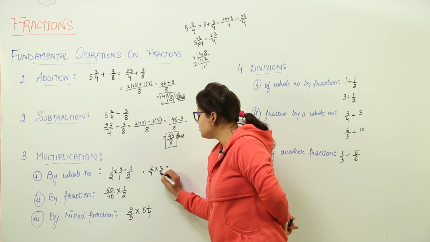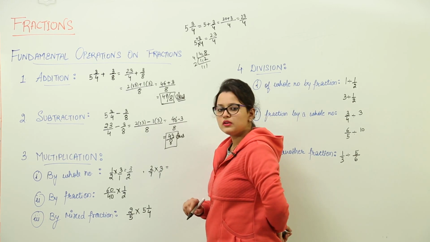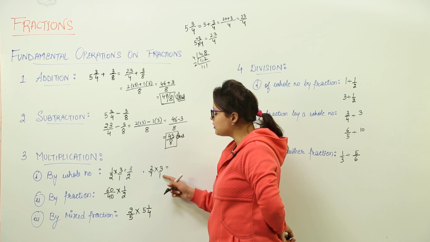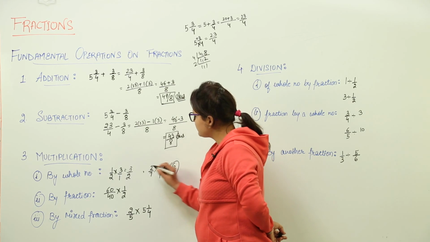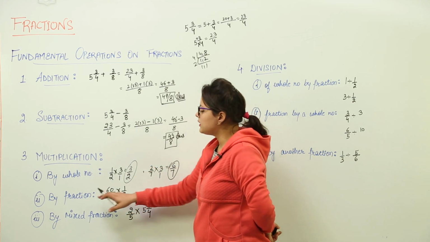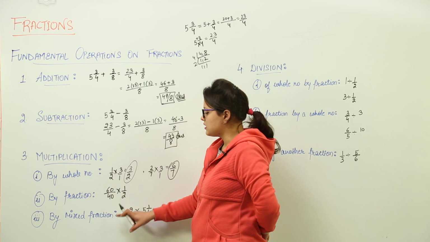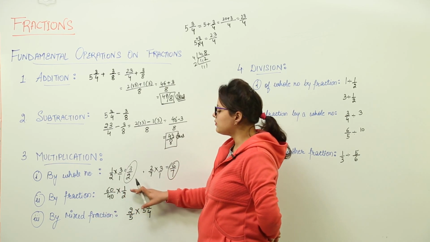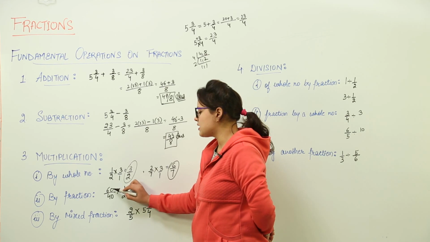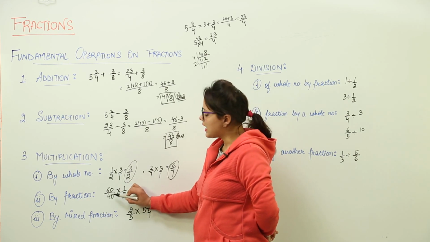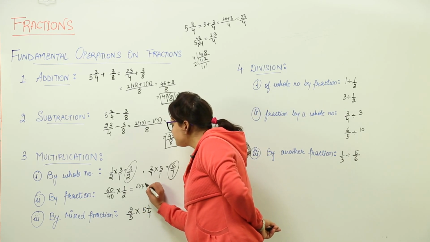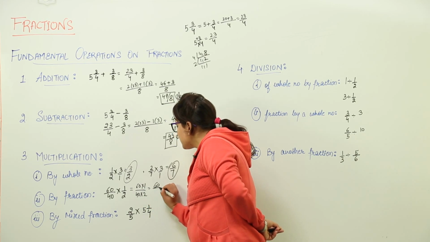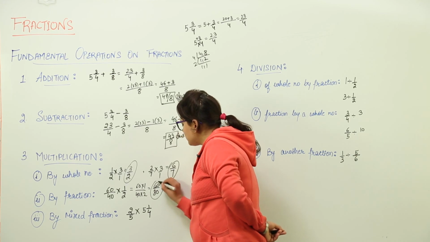Similarly, the next one you can do. Here also you have written down the denominator 1 on your own because nothing was written below the whole number. So now 2 3s are 6 and 7 1s are 7. Right? Next is you have to multiply a fraction with another fraction. Say you have 60 upon 40 to be multiplied with 1 by 2. Now again, as I discussed, multiply the numerator with numerator and denominator with denominator. You get 60 into 1 upon 40 into 2. We get 60 upon 80 as the answer.